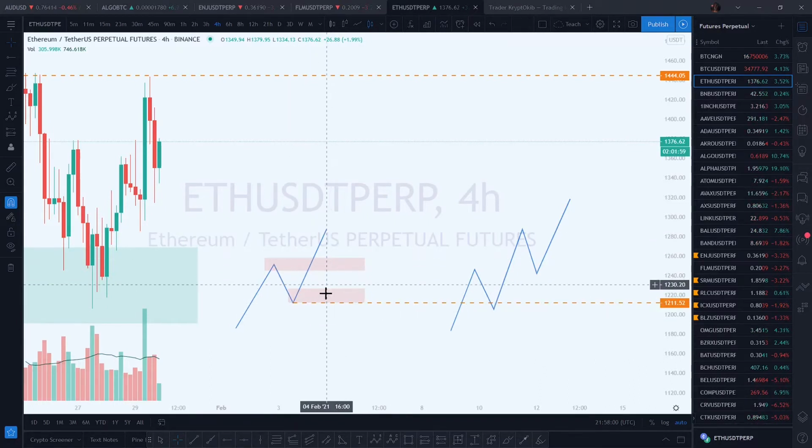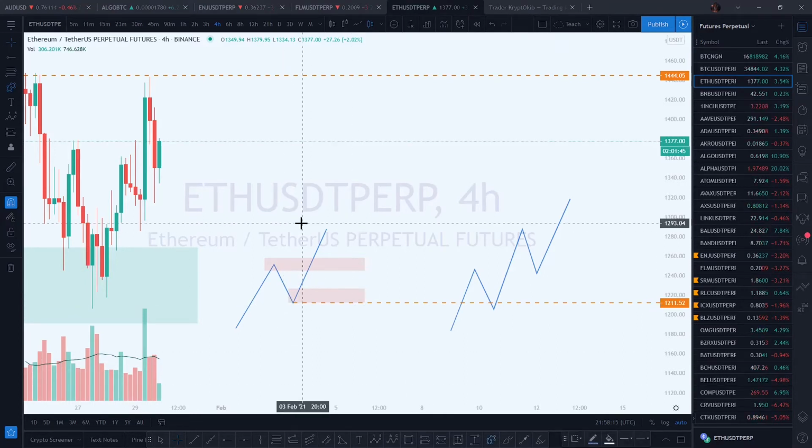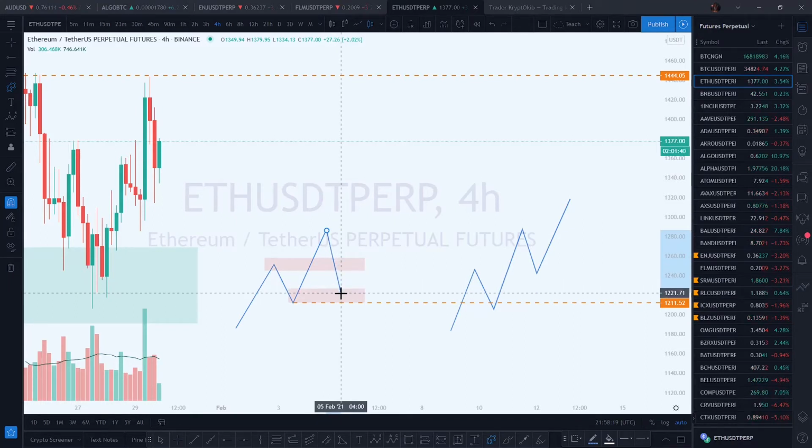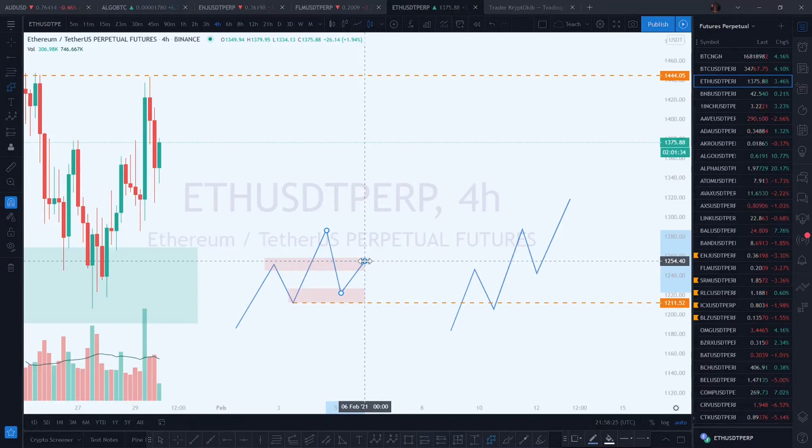Because they expect price to come. Some will expect price to even make a double bottom with this very low and go back higher. So this last low leading to the higher high will be your invalidation level. And why is that? Assuming price comes like this into this demand zone, then makes a lower high,